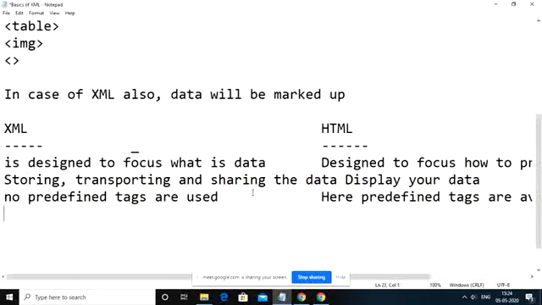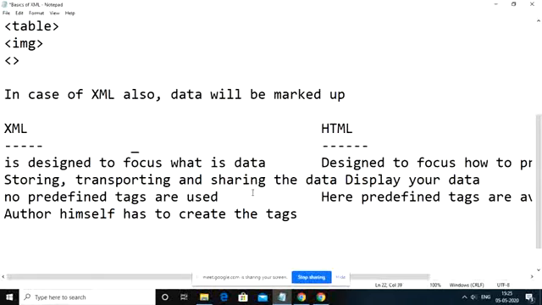In case of XML language, the author, the person who is developing your XML document, himself has to create the tags whatever we want to use here.